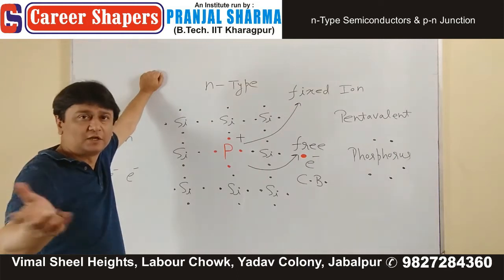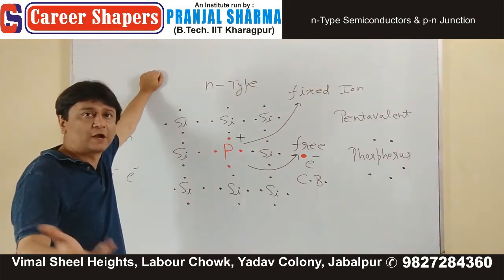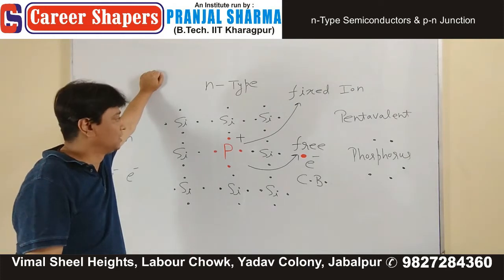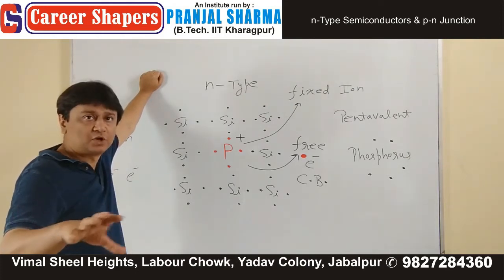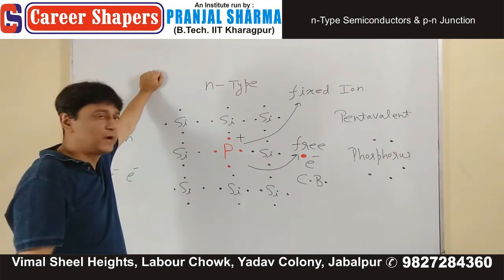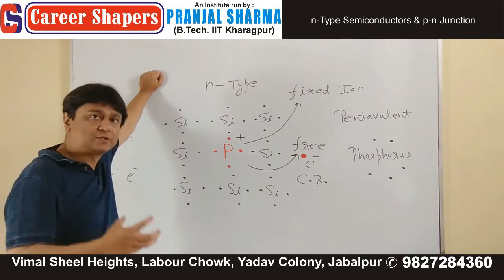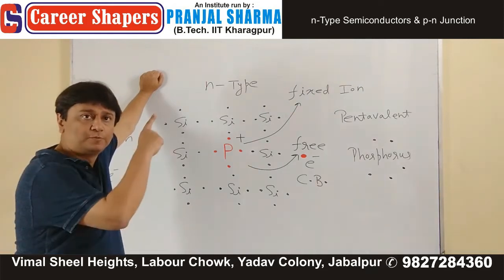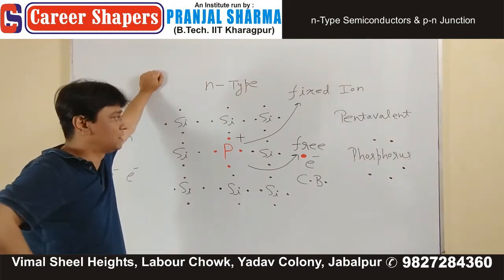It just needs 0.01 electron volt types of energy, and therefore at room temperature this much thermal energy is already available. So what it does, it accepts that energy and then moves to the conduction band,